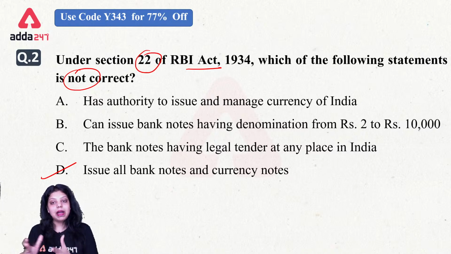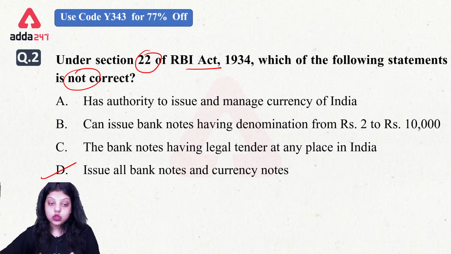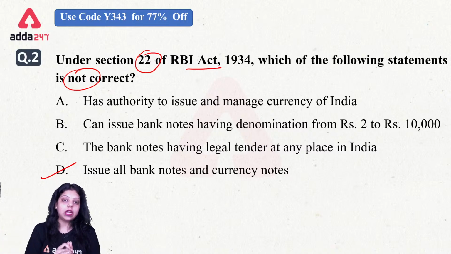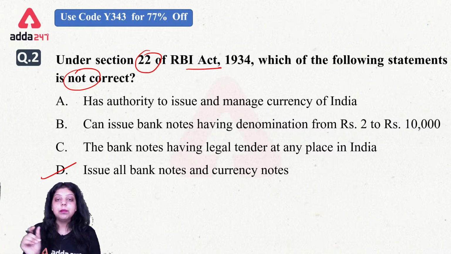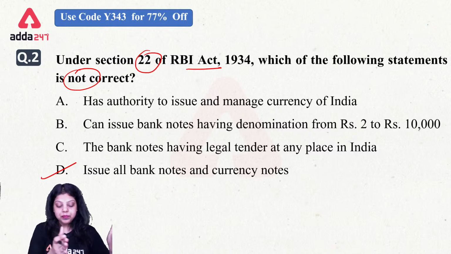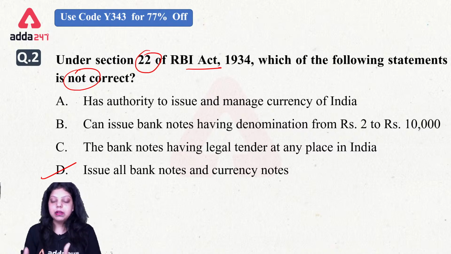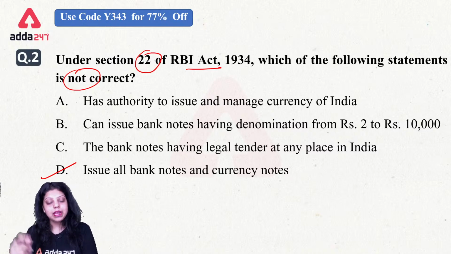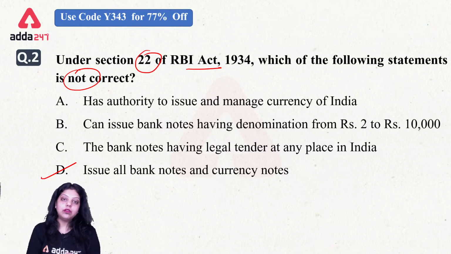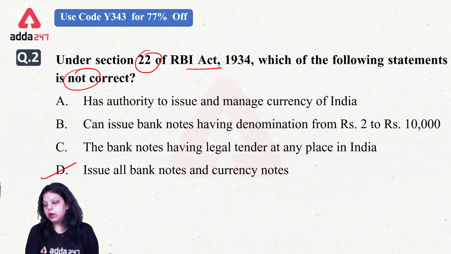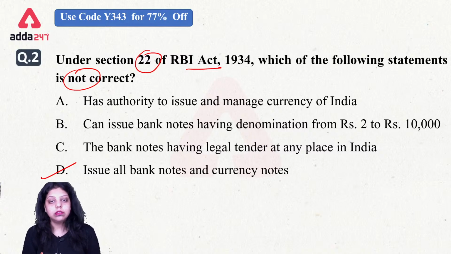RBI can issue the maximum denomination of note, that is 10,000, and RBI has issued 10,000 rupee note 3 times in the country, but all the 3 times it was demonetized by the Government of India because of the money laundering or because of the illegal transactions in the economy related to currency, or we can say people were storing their black money in form of 10,000 rupees. That's why government has not given the legal tender for the currency 10,000 rupee. Okay, and it was demonetized by the Government of India. 3 times 10,000 rupee was demonetized.